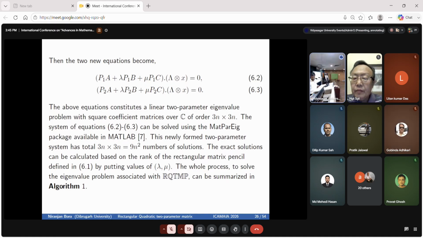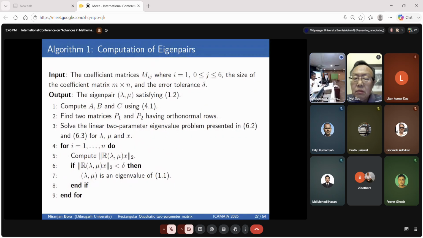And finally, the whole procedure I have summarized in the algorithm form. So first, the input is the coefficient matrix. This will be given. First, our aim is to find